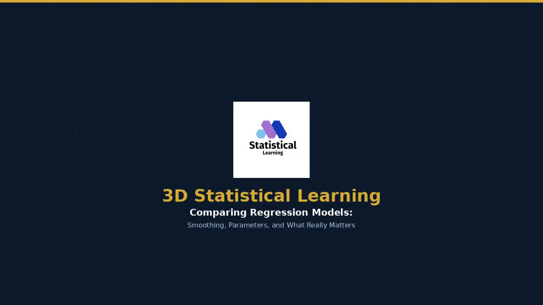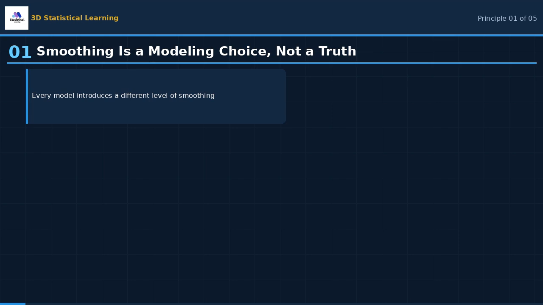Comparing regression models is one of the most misunderstood tasks in applied statistics. Researchers often pick a model, run it, and then compare its parameters to another model as if they were measuring the same thing. They are not. In this video, brought to you by 3D Statistical Learning, we break down 5 critical principles you must understand before